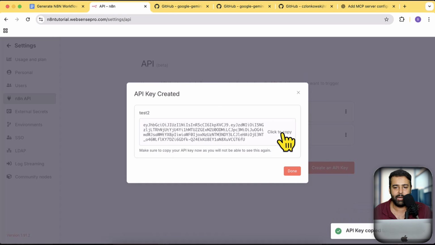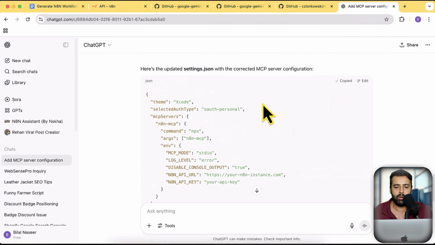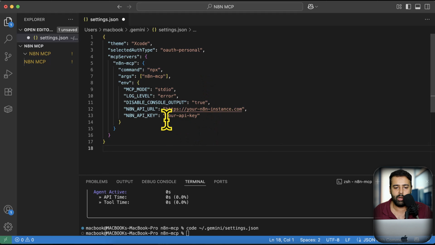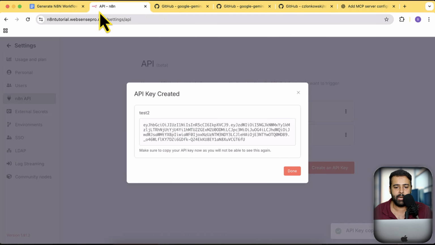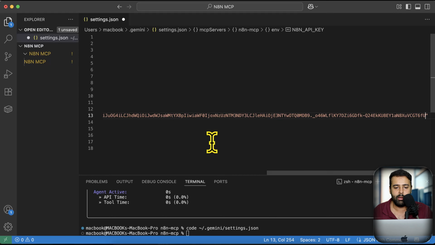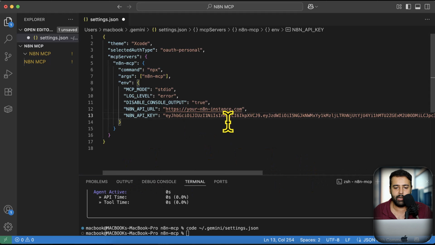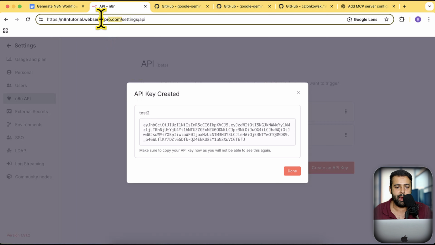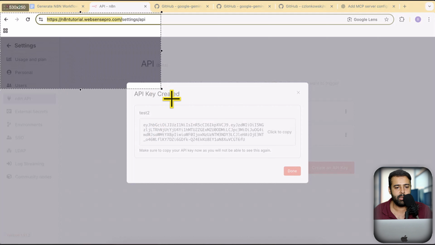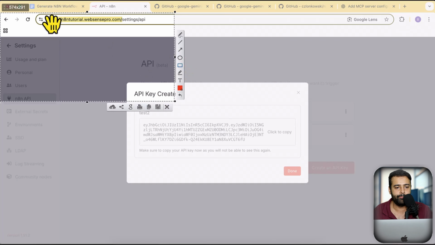Now let's copy your N8N API key, and first let's copy this settings.json, which is for Gemini CLI. Now here we will add our N8N API key. Let's copy our N8N API key. That's our N8N API key. Paste your N8N API key. Once you paste that, you need to add your N8N instance URL, right? In my case, that is my N8N instance URL. I'm going to copy this N8N instance URL, which I'm copying, right? So let's copy that